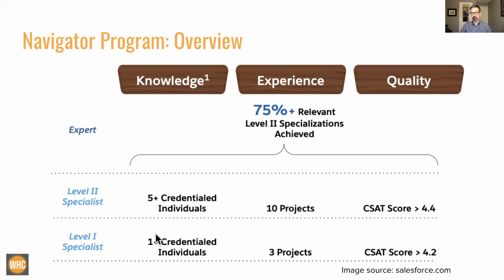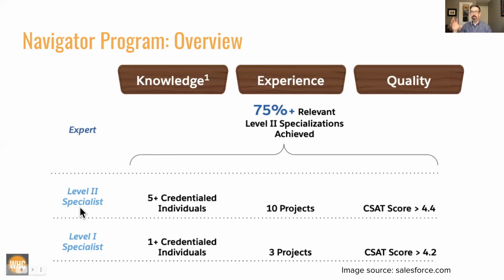So for example, for any given product area or industry, if the firm has 1 person who holds the certification that corresponds to that product or industry, has done, and by done I mean logged, 3 projects that correspond to that product area or industry, and those 3 projects each have a CSAT score of above 4.2, then the partner will earn a level 1 specialist in that area. Likewise, if they have 5 credentialed individuals in an area and have done 10 projects in that area, and the CSAT score for each of those projects cumulatively is above 4.4, then they can earn a level 2 specialist. And then finally, to become an expert, the partner will have to have attained at least 75% of the level 2 specialist